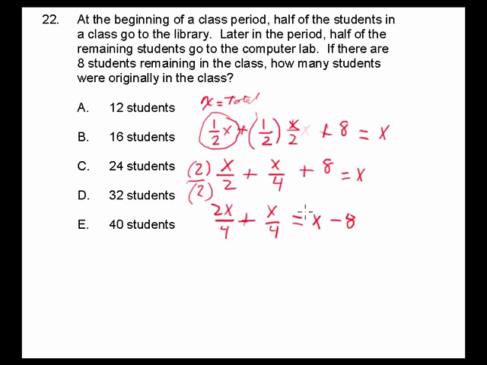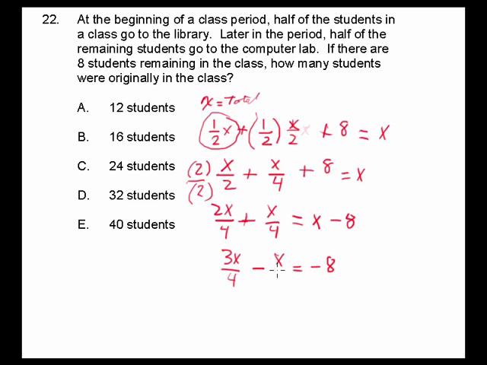Eventually we're going to want to isolate this x over here as well. That's why we're moving this 8 over here right now. Alright, 2x over 4 plus x over 4 is equal to 3x over 4. Okay, and then we're going to subtract the x, equals negative 8. Let's combine these terms, except the only way I can combine these terms is I have to